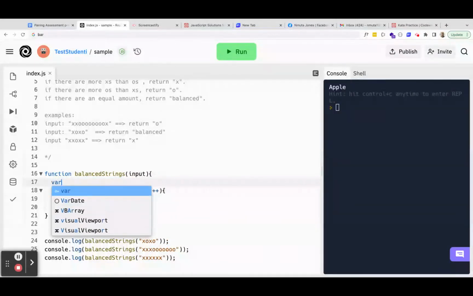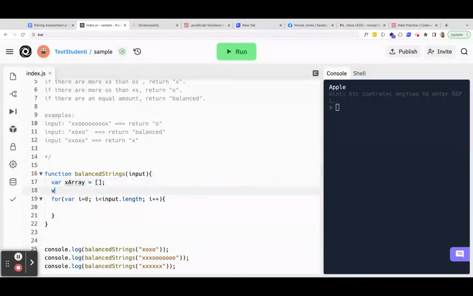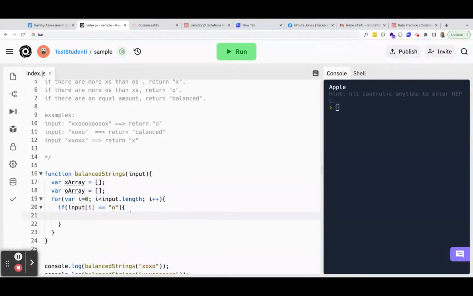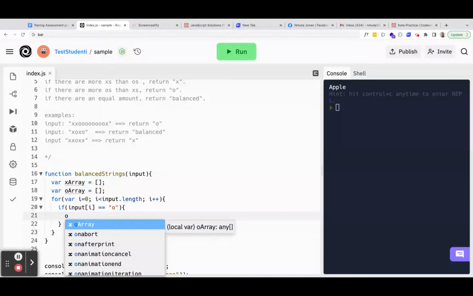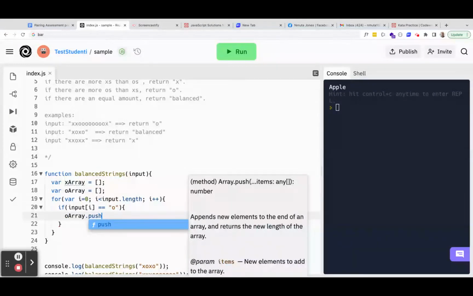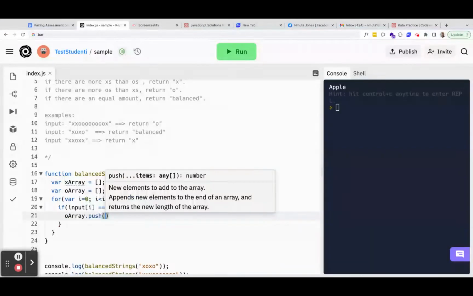So we could say var xArray equals this, var oArray equals this. If input at i equals O, oArray push O,